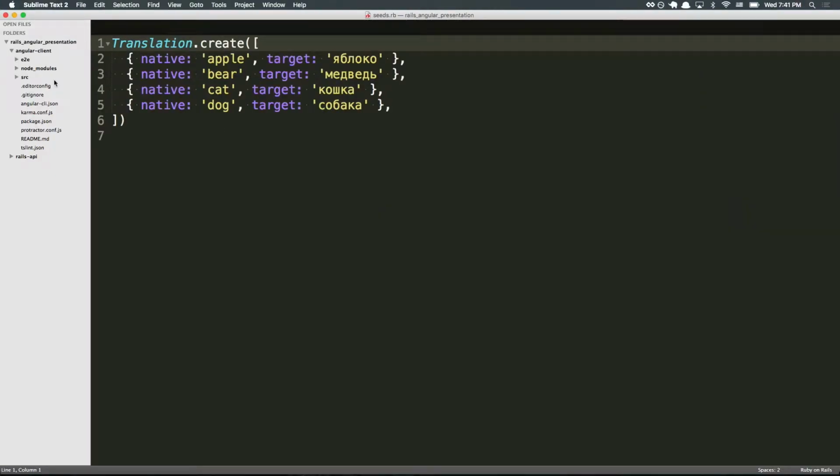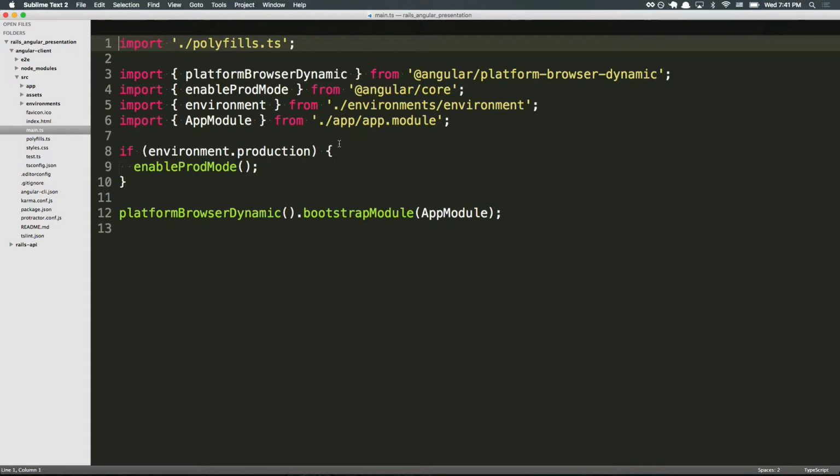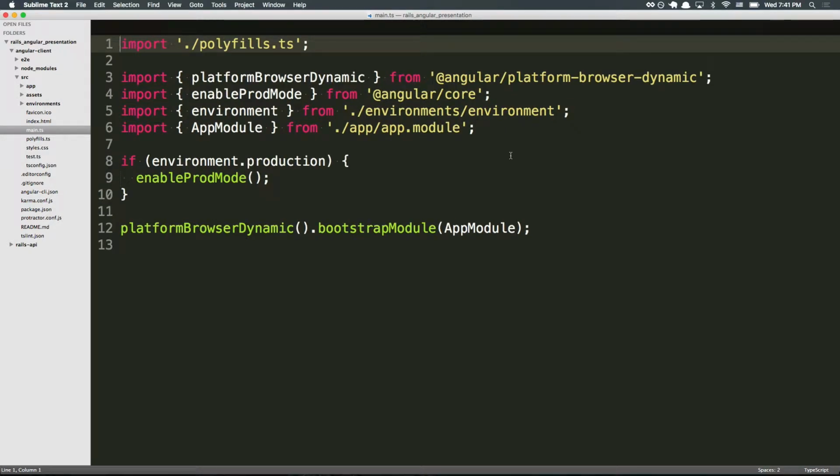Okay, so let's go into that folder. Let's look at that file. There's a couple things that we want to focus on here. The first one is this line here, line 3. This is where we're declaring which platform we want our application to run on. So right now we're going to run it on a web browser, but you could here say I want this to be a mobile app or something like that,